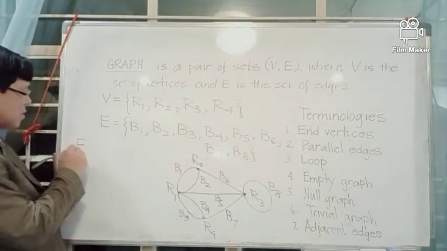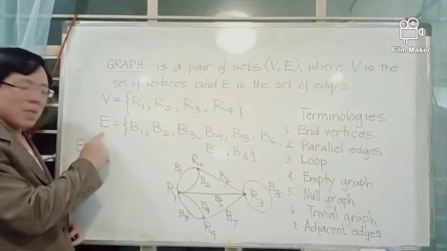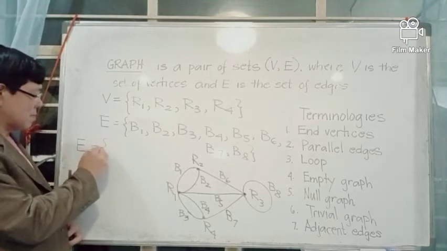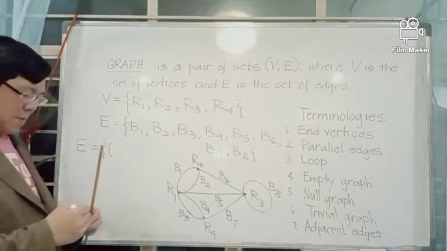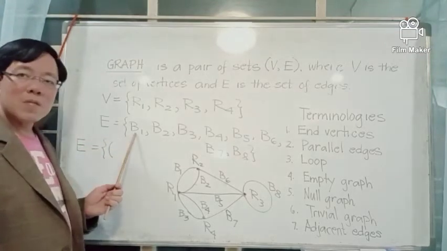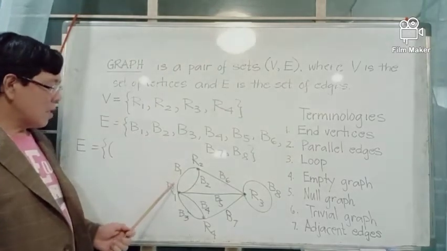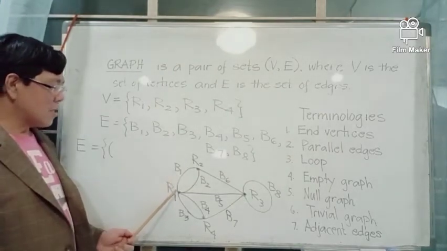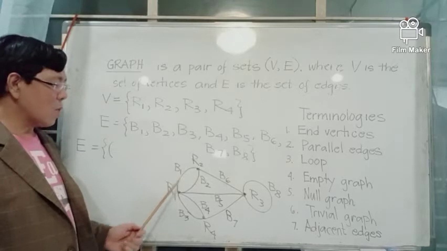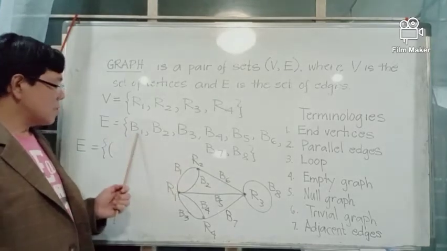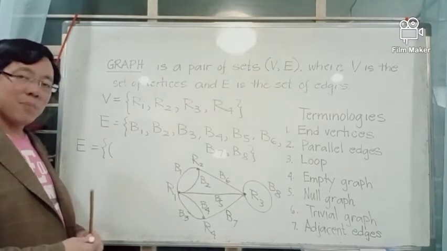For example, the edge B1 is an edge that connects vertices R1 and R2. Instead of writing B1, we write the pair